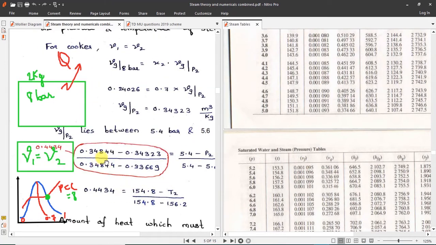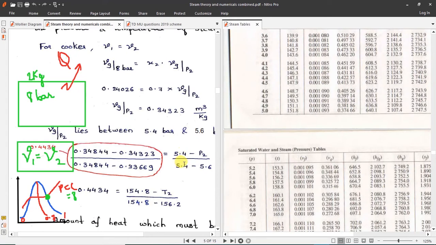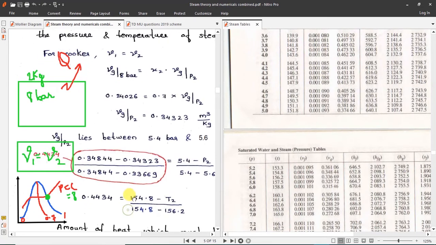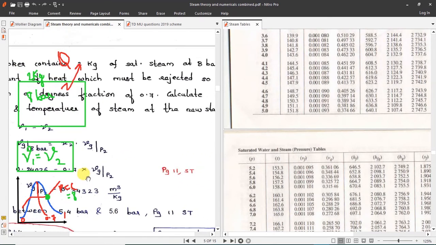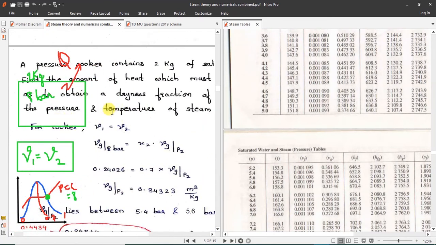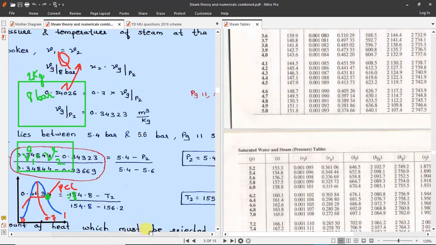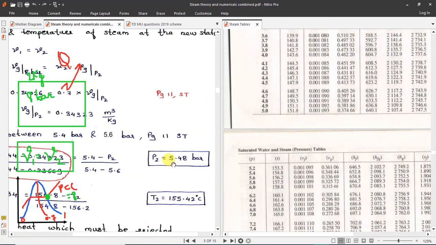Now on a similar basis, I have used some technique over here to help simplify our work. You should remember that if we keep the left hand side the same, our work of interpolation reduces. So what I have done is I have calculated this left hand side value, which is 0.4434, and I have written it as it is over here. But now you should remember the sequence of writing pressure. So this was the pressure for this corresponding value of specific volume. See what is asked in the question: you have to calculate pressure and temperature. So temperature we have to calculate, pressure we have calculated over here. Now we have to do interpolation and calculate temperature.